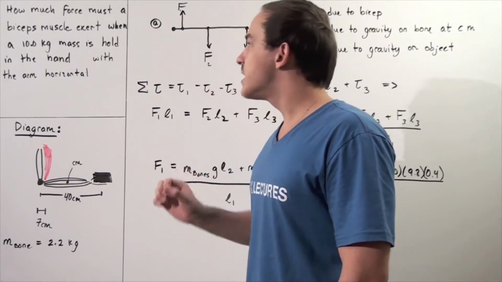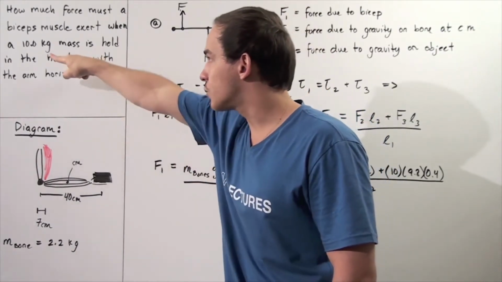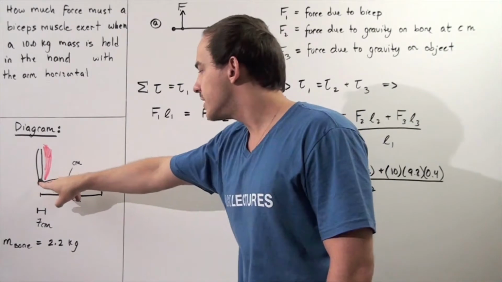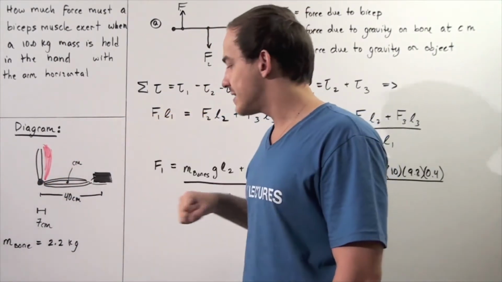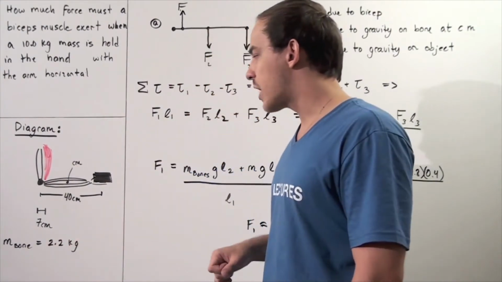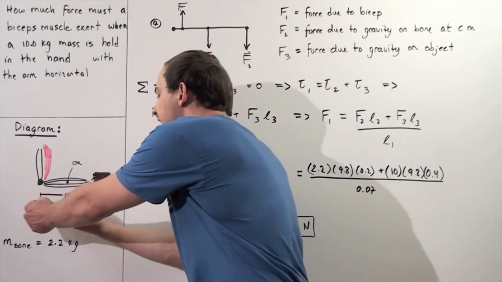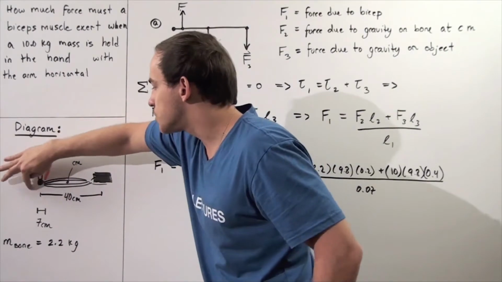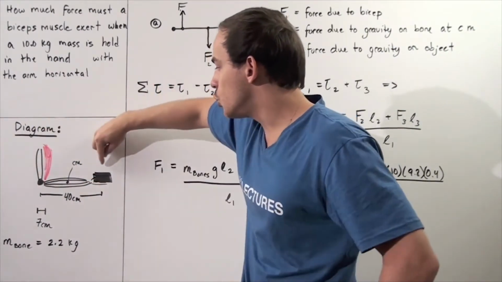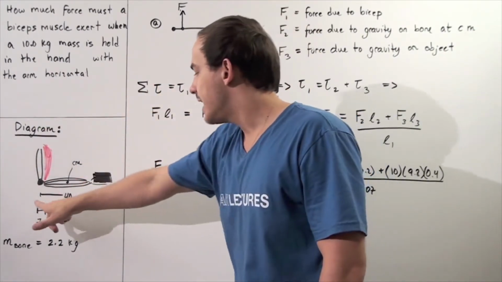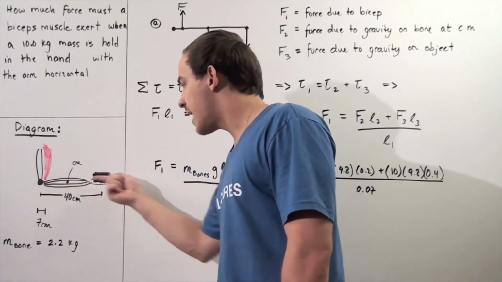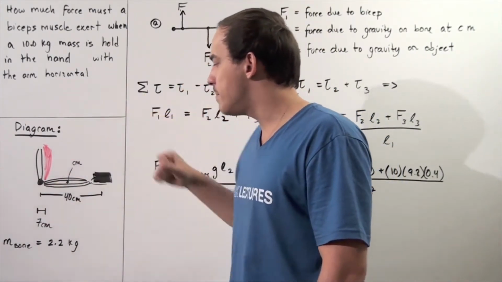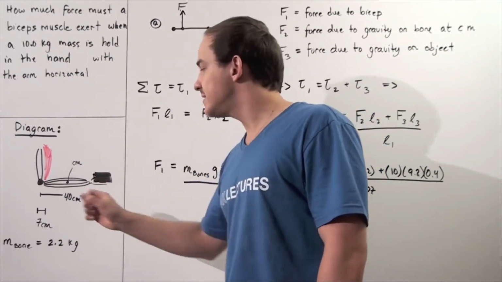Let's suppose that the mass of the object is 10 kilograms as given. The mass of the entire bone section, minus this mass, is 2.2 kilograms. The entire length from the axis of rotation, the joint, to where the object is located is 40 centimeters. The center of mass of this entire bone section is exactly at the middle, so it's found 20 centimeters from